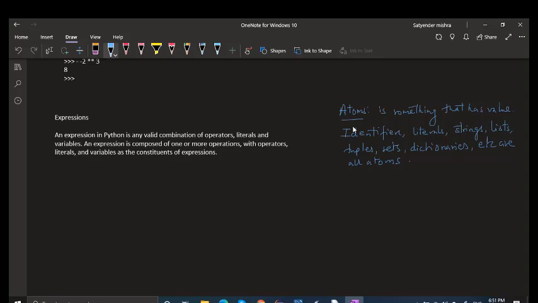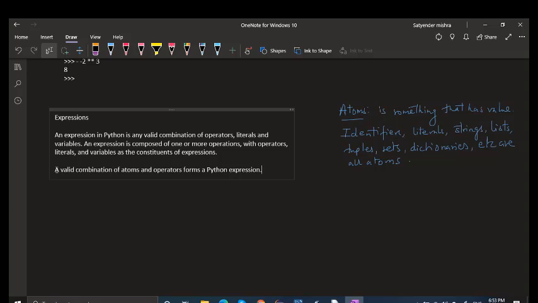So a valid combination of atoms and operators forms a Python expression. The atoms I have explained are something that has a value: identifiers, literals, strings, lists, tuples, whatever.